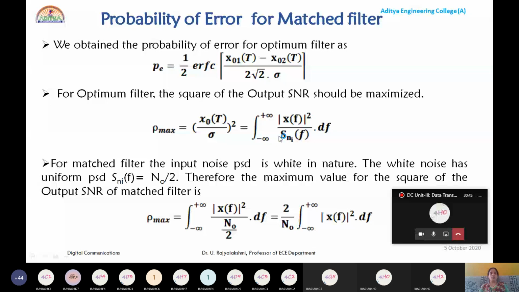For the matched filter, we just substitute the value of S_n(f) as n0 by 2 in the general expressions of the optimum filter. So that's why here S_n(f) will be n0 by 2. Therefore, the maximum value of the square of output SNR